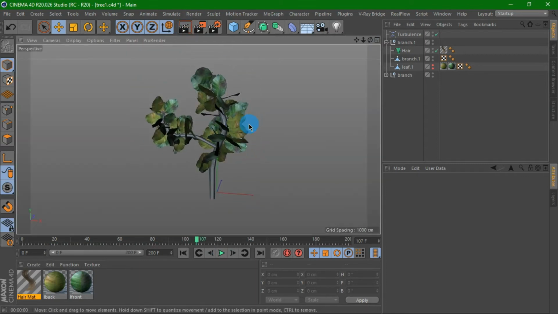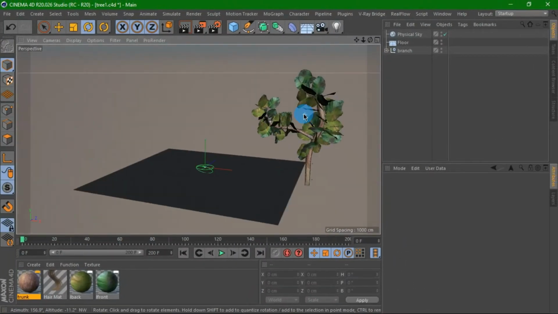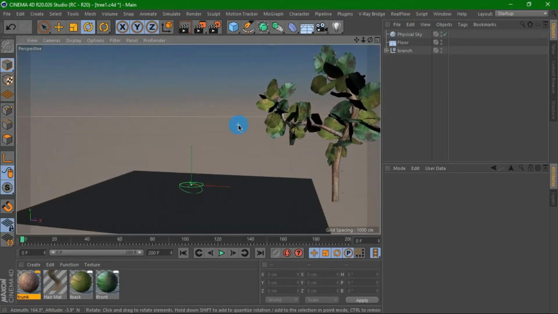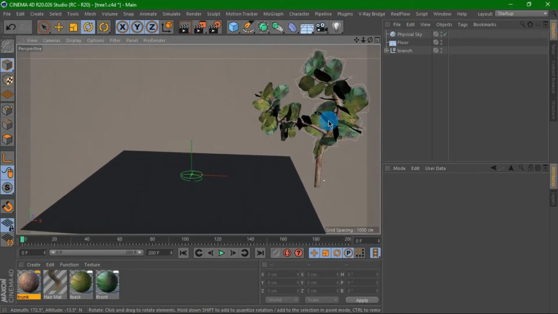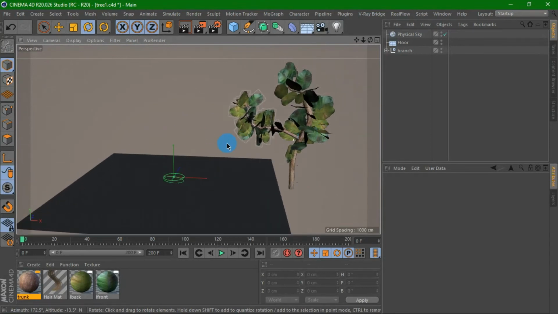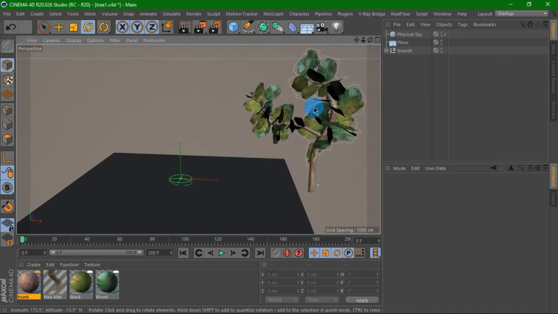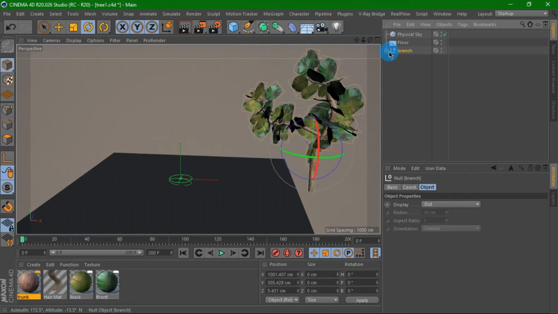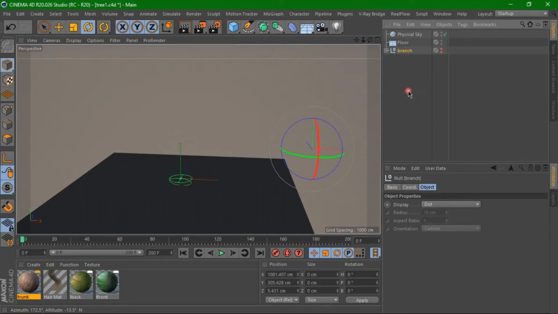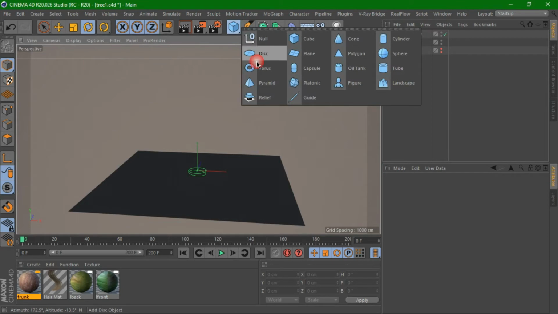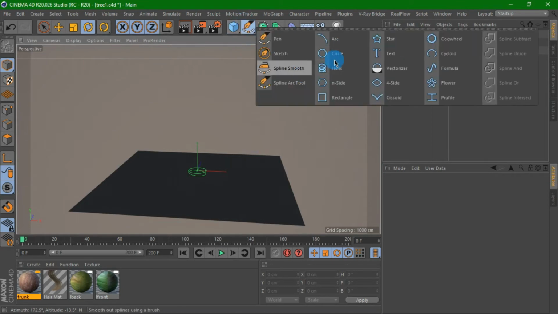Okay, so the next step, we are going to make this as a dynamic tree. So we have now a branch of a tree. It's a little branch, so let's make this act like it's a real tree. So let's add dynamics to this one. To do that, let's hide this branch first, then let's create a big branch that will act as the body